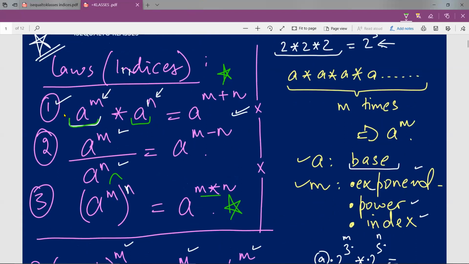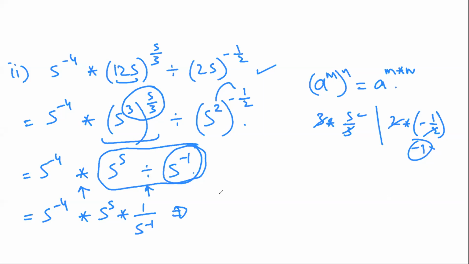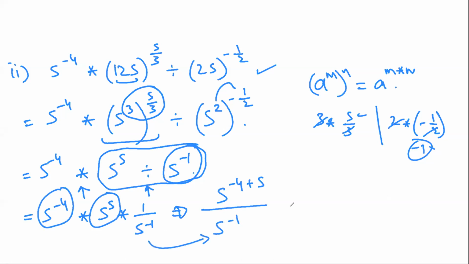Basically, what I'll be doing is I'll be using this rule number 1 and rule number 2. How will I use that? These two, just have a look here. So these two are multiplication, this and this is multiplication. So this is 5 raised to power minus 4 plus 5, and this is in the division. I'll write this as this only. This is equal to 5 upon 5 raised to power minus 1. So I can apply the second division rule.